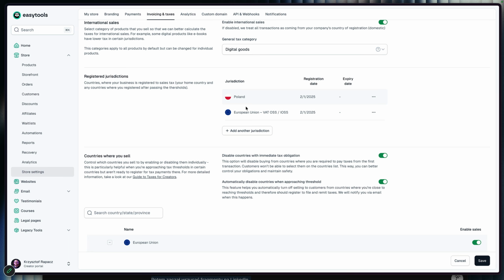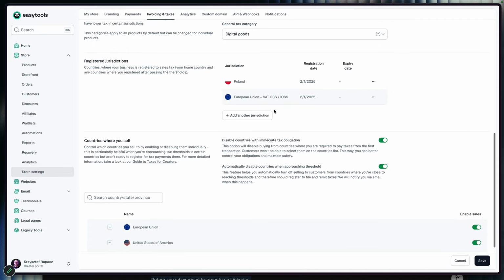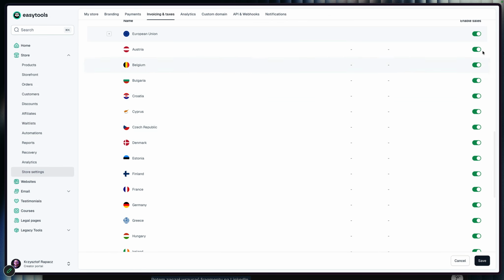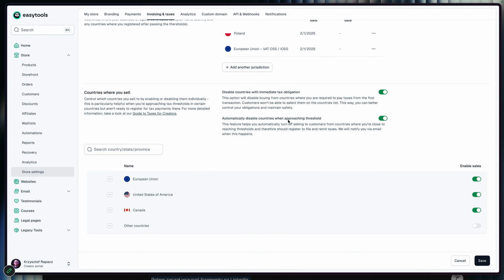So in these jurisdictions, you basically set up where you are located. And if you sell for European Union, you can also add this as a one-stop shop procedure. And then you can determine that you sell in European Union, United States, and you can granularly select where you want to sell, where you don't want to sell. This is pretty important because